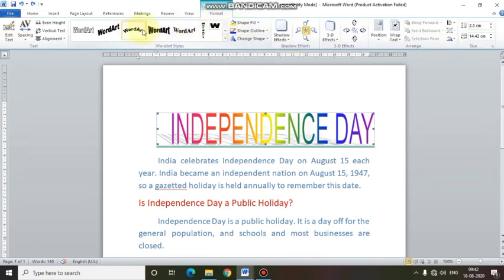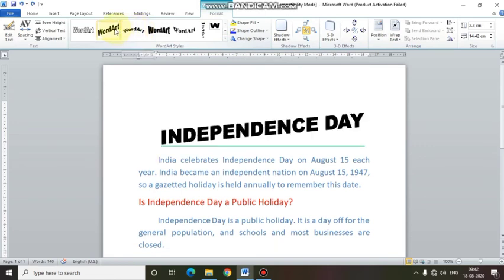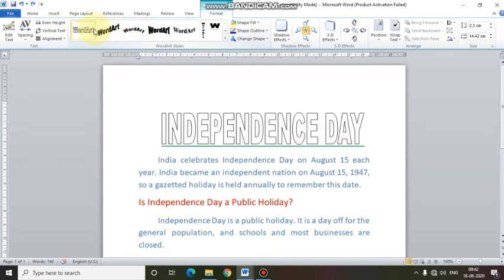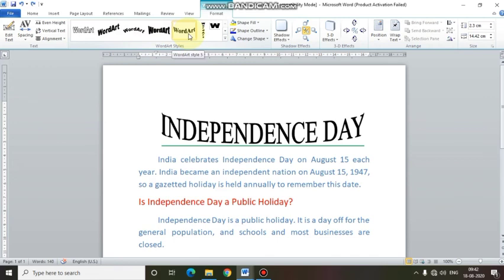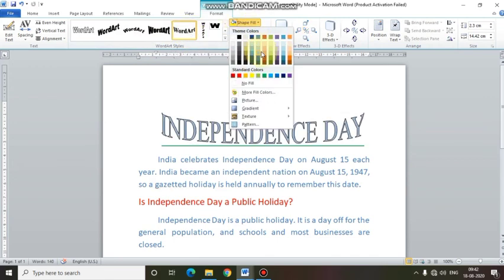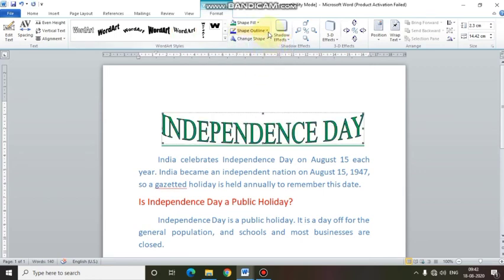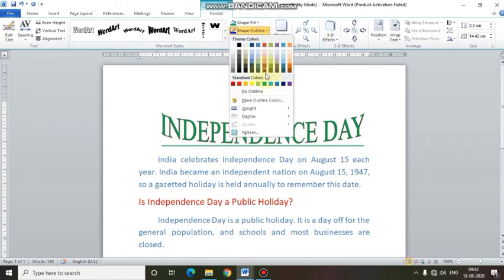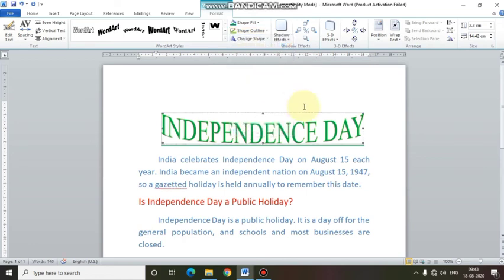From here different word art options are available like this. As I am moving the cursor, you can see the word art changing. Let's choose this one. Choose a color. Let's choose green color. You can also choose different outline color, like let's choose this light green color. Okay.